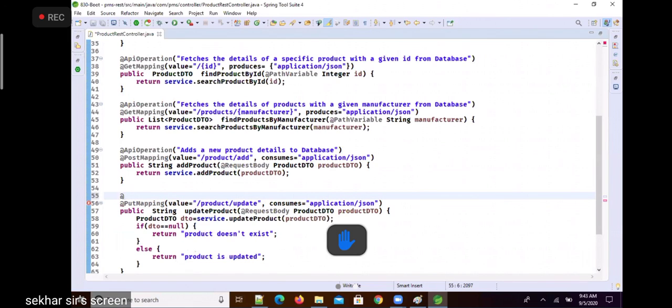Then @ApiOperation: updates an existing product's details in database.